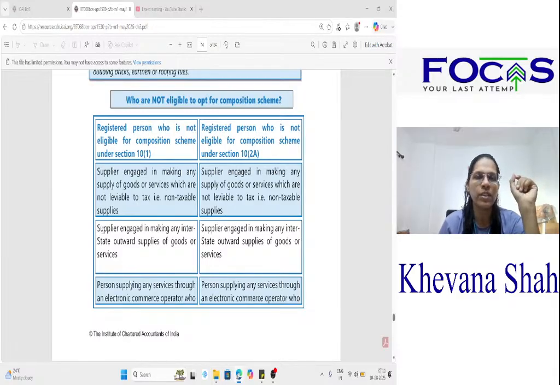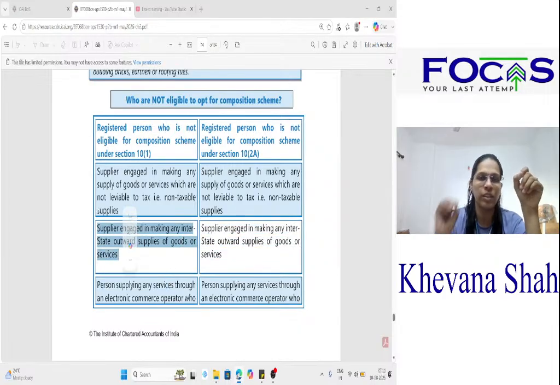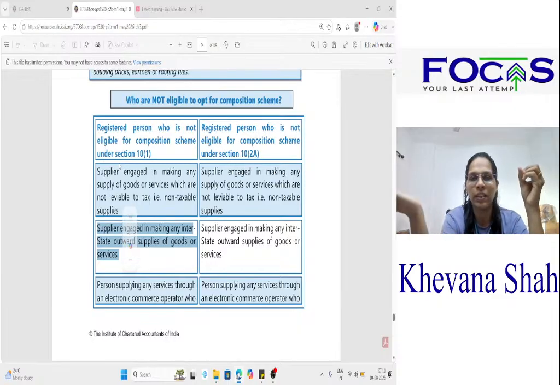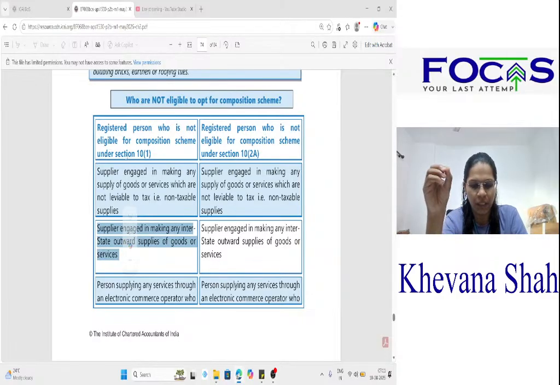Then, if you are a supplier engaged in making any interstate outward supplies of goods or services. So, what is your interstate supply of goods? If you are supplying from one state to any other state, in that case you are always ineligible to opt for composition scheme. To be eligible for composition scheme, one of the conditions is that you should be making only intrastate supplies. Whatever supplies you have, that should be within the same state only, otherwise you are not eligible for